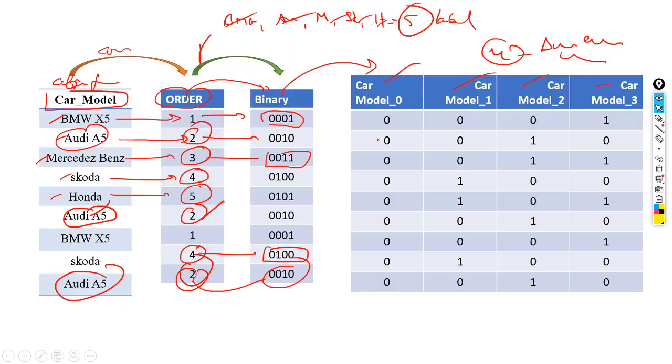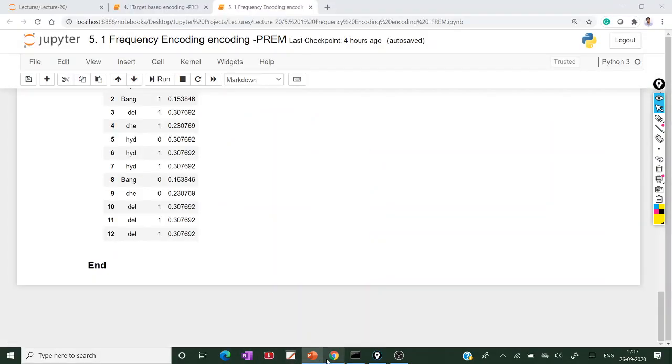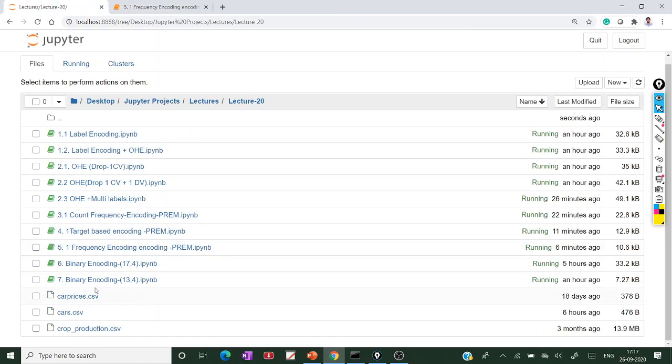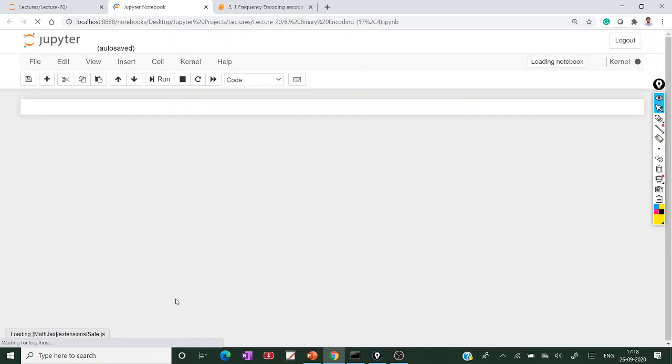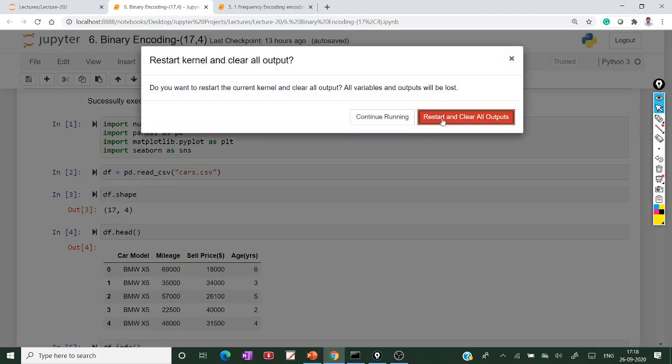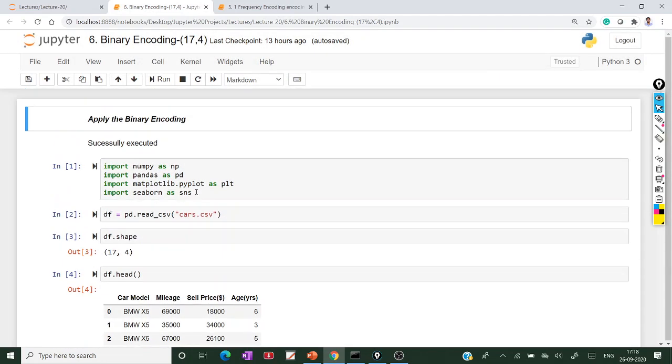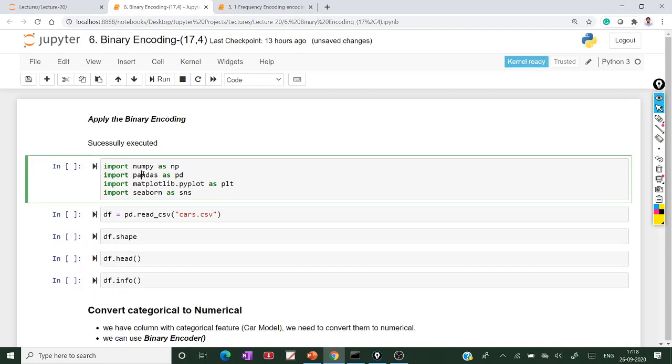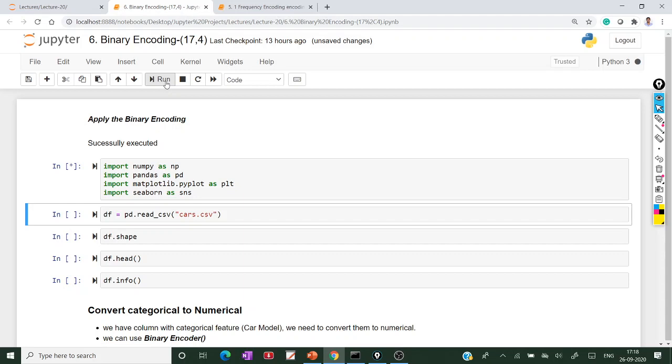If you see in practical, I am taking the same car prices data.